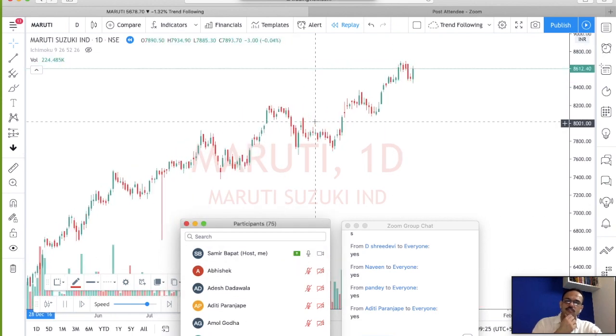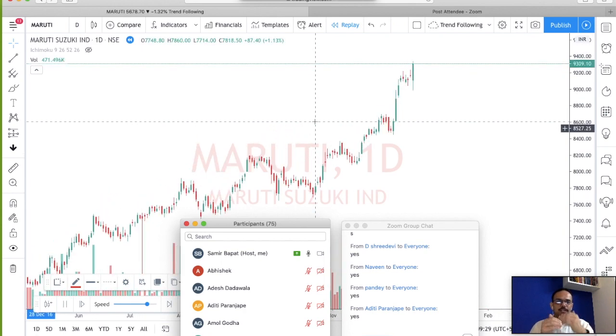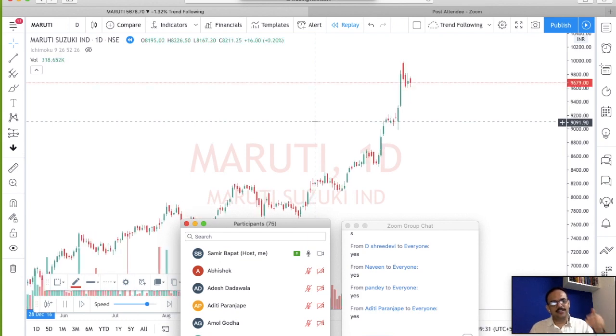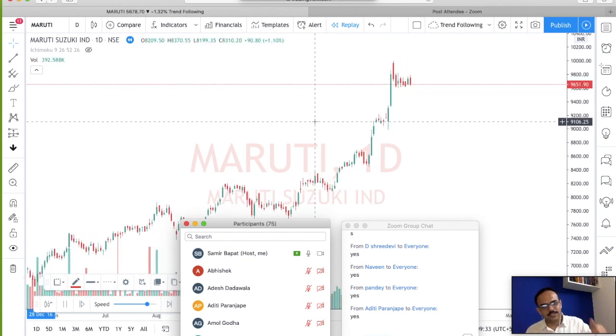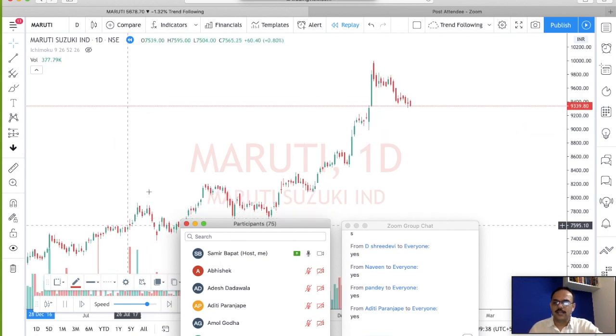Yeah, so we have to look for that, right? And how we should be using it, we should be taking decision at the support. So if we want to buy shares, we should be looking to buy at the support level. Okay, now